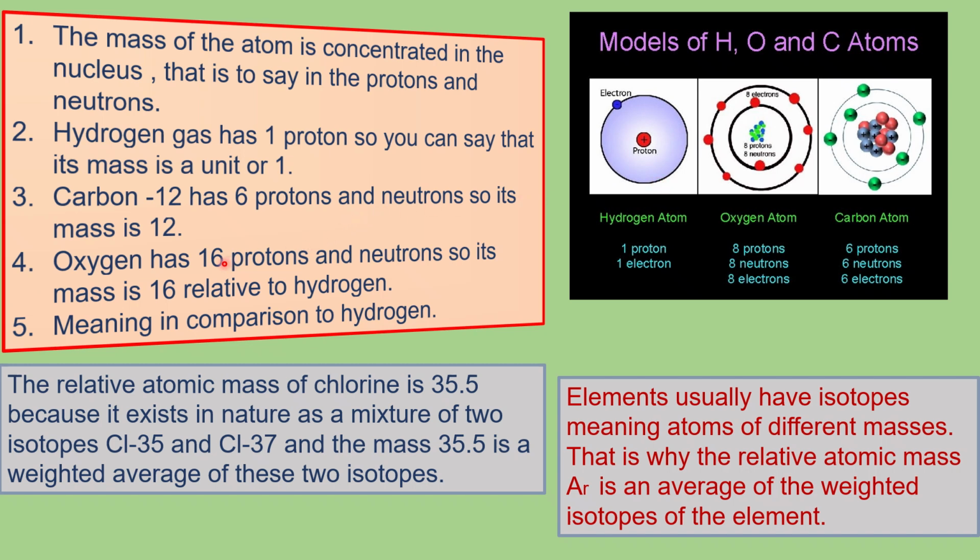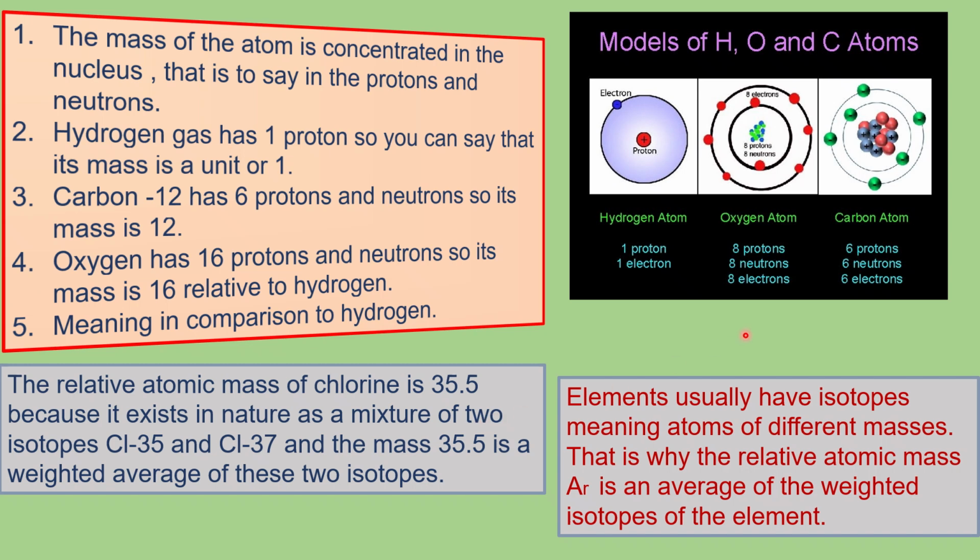So the oxygen in comparison to hydrogen will be 16. Carbon, the mass of carbon in comparison to hydrogen, will be 12. The relative atomic mass means the mass of the atom in comparison to hydrogen. And again, it's similar to the number of protons and neutrons. The relative atomic mass of chlorine is